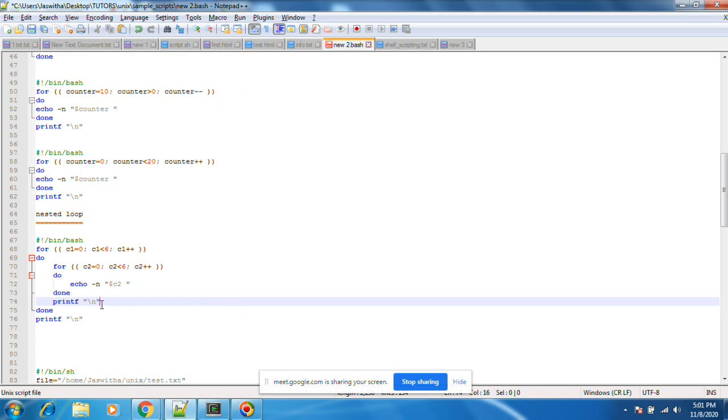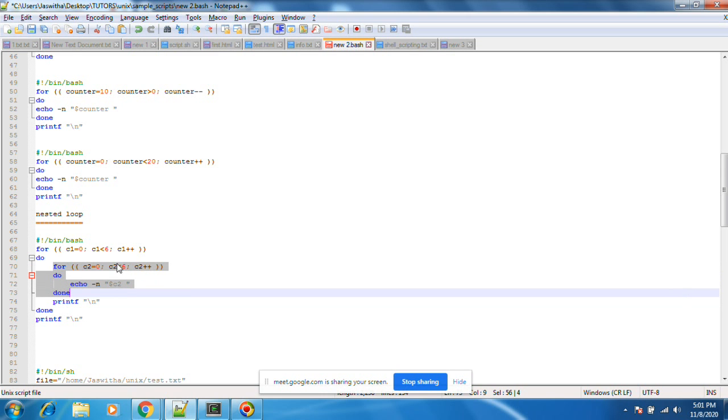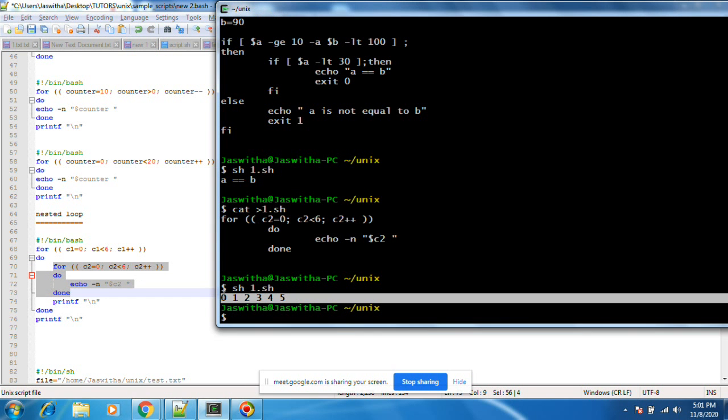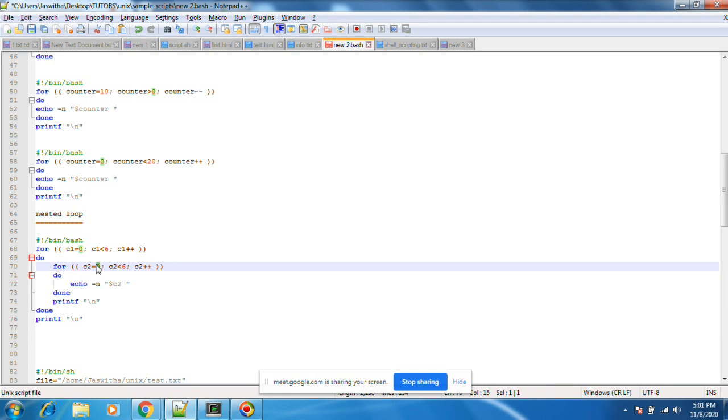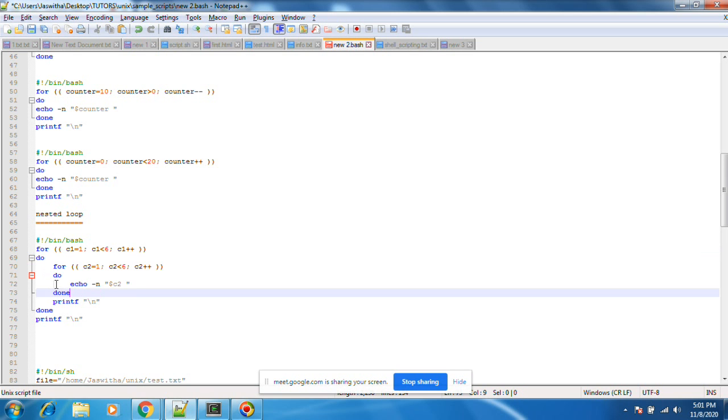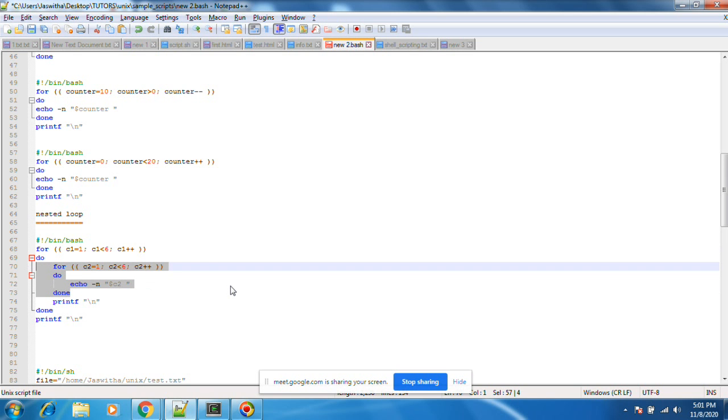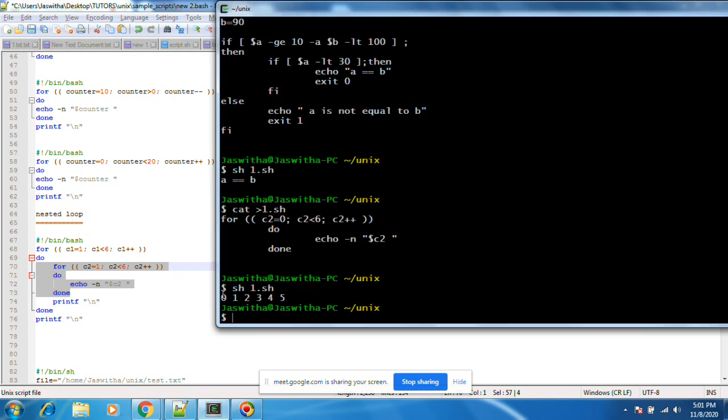After this I am putting slash n, which means it is executing 6 times. Why do I want it from 0? I want to start with 1. You can start with 1, 2, 3, anyway as you wish. There is no issue at all. Let's run this one. It will run 1 to 5.